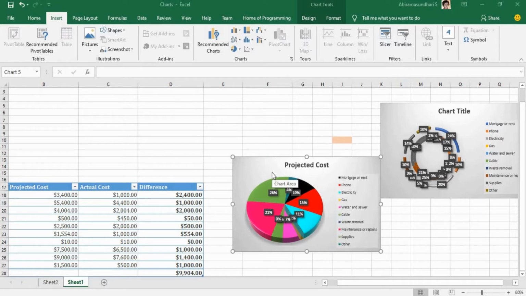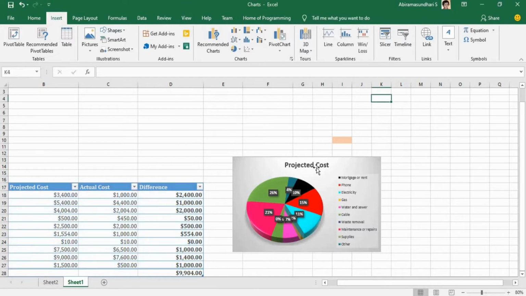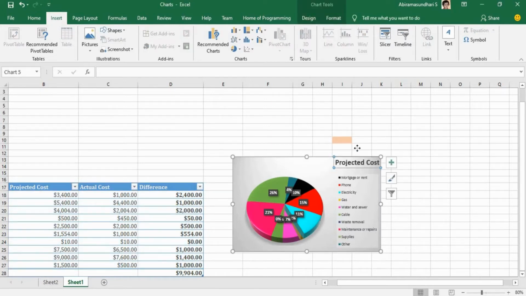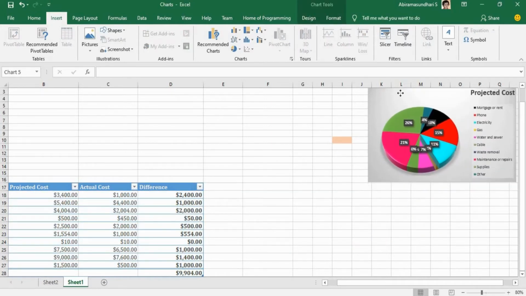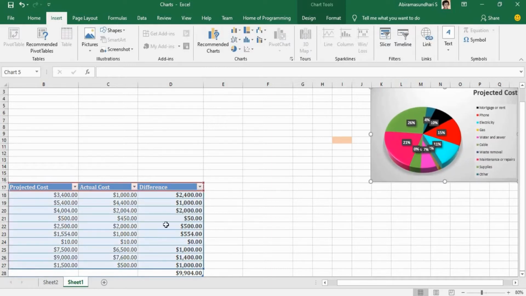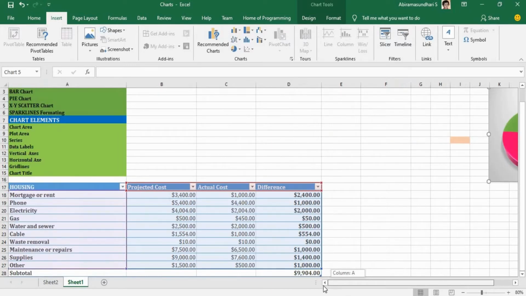The basic purpose of an XY scatter chart is to fit a line into multiple points. That is, in order to draw a parabolic chart or a vertical line based chart, we can use an XY scatter chart. So for drawing an XY scatter chart, we can remove this chart and place the XY scatter chart here, right? I have moved the pie chart here, and in this region I am going to draw